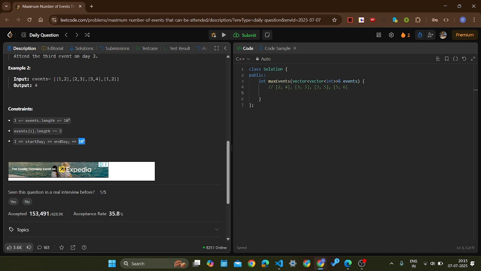This is not something that we could do in the other question where we had to deal with intervals and the end time and the start time could be 10 to the power of 9. But with this question, we can actually go day by day. That is day 1, day 2, and so on till the maximum end day.